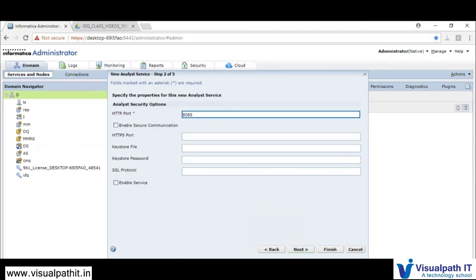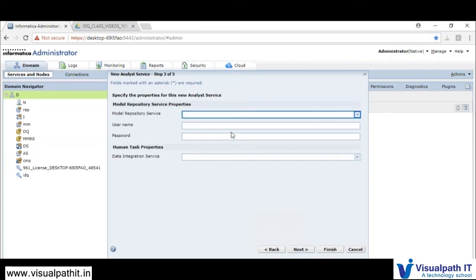Then you have to configure the analyst security options. As you are maintaining the analyst tool URL, we need to provide the port details. That URL has port 8085. So based on the port availability, you will provide the details.